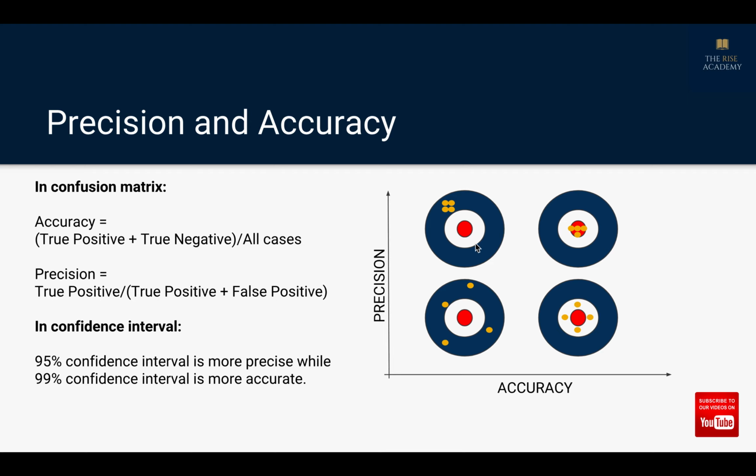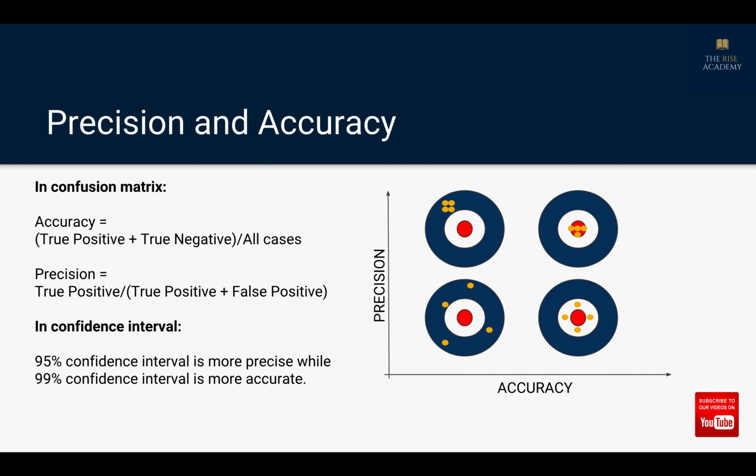In the next one, we have high accuracy but low precision. So these points are pretty close to the target, but they are still farther away from each other. Then the one here at the top has high precision. So the points are very close to each other, but they have low accuracy because they are far away from the target. And then the last one here is high precision as well as high accuracy. So not only are the points close to each other, but they are bang on the target, right? So you can use a graph like this to explain precision and accuracy and the difference between them.